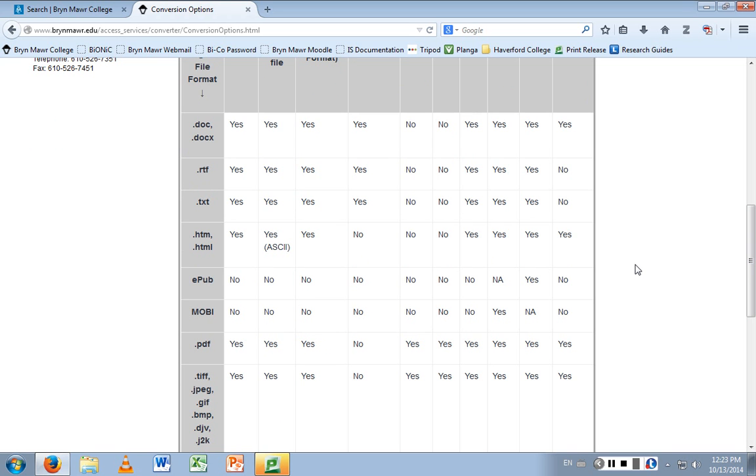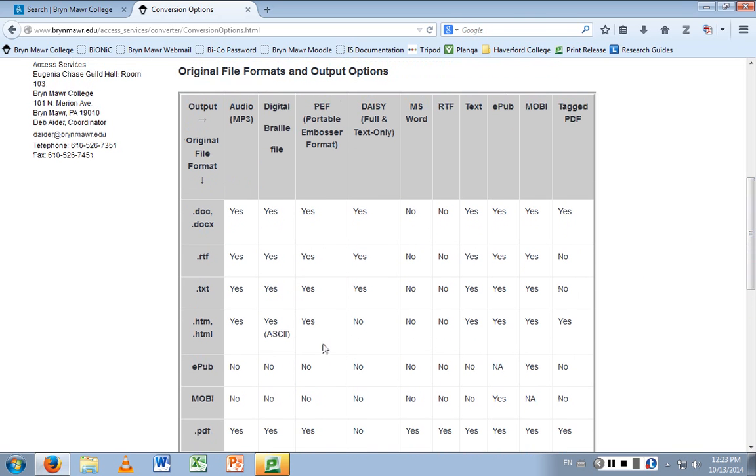So what this means is it can OCR scan, and we'll talk about how to make it more successful at OCR scanning. Does that mean a website cannot be converted to Word, which would be needed by your student? So you can convert a website to an audio file, a digital Braille file, or it looks like a text file. I'm guessing not a Word file because it would have to add in all the special doc stuff. So can it still be used for your students, though? Websites? Well, some of the students, not all of them. Right. Okay. But you could probably take that text file and convert it to a doc file just by saving it out.